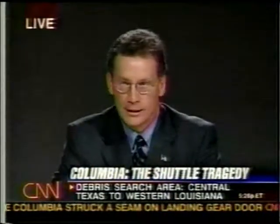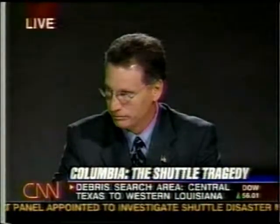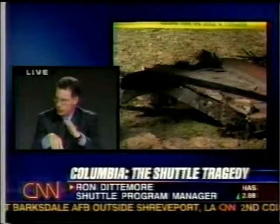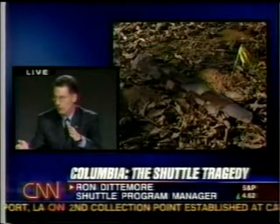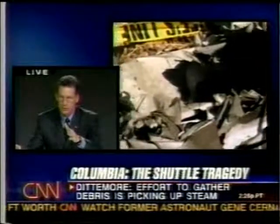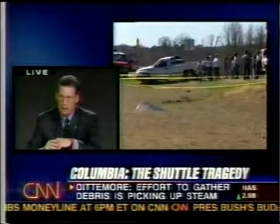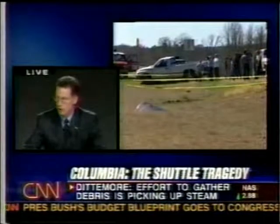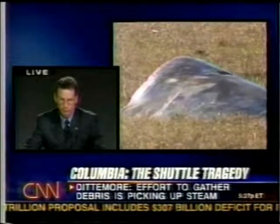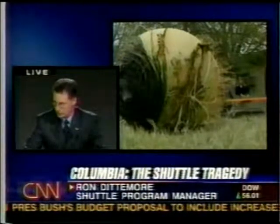We are extremely interested in any debris upstream of the primary impact area. We've all seen the debris map as it stretches from Fort Worth down through Lufkin and even into Louisiana. We are primarily interested in, certainly if we can find wing debris, structure, tile, but if we find any tile or structure upstream of Fort Worth, New Mexico, Arizona, if that exists, that is extremely important to us, because that's going to be a real key